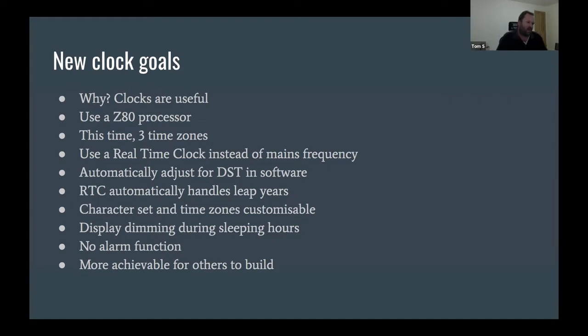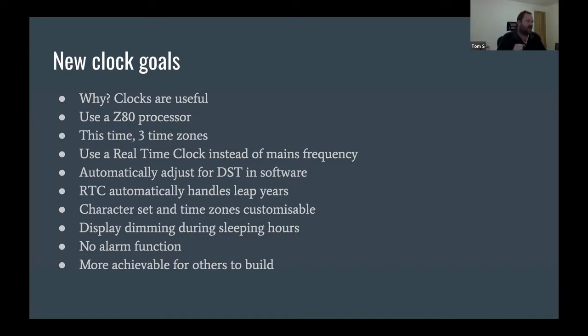I also wanted the character set to be customizable this time. In the other clock, everything is literally hardwired. You take some inputs from basically a bunch of BCD counters, for things like the time, day of week, the month, and all that sort of thing. And then you've got to translate that into a series of outputs to drive all of the various